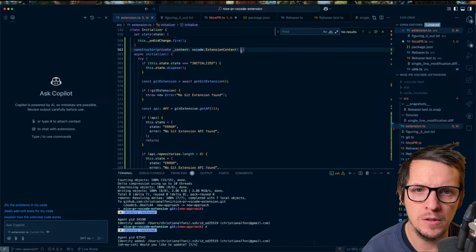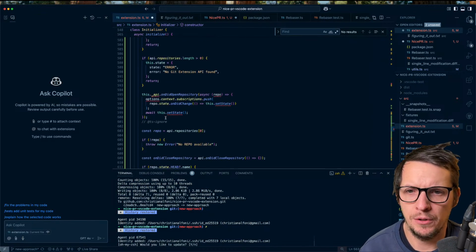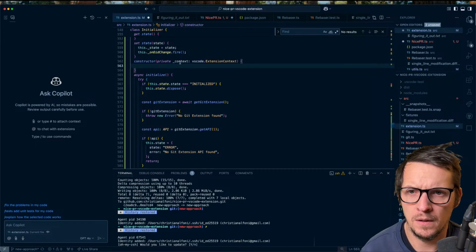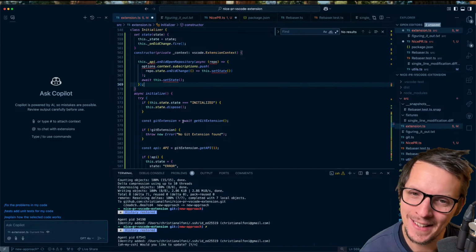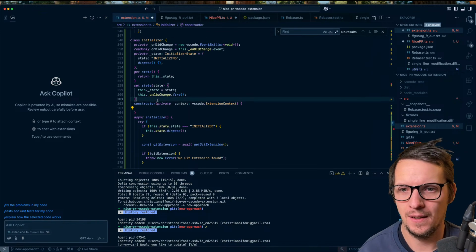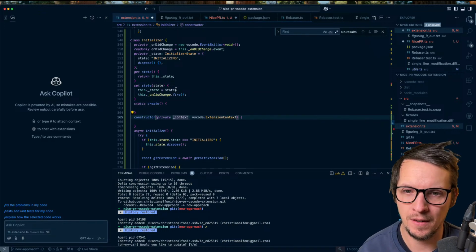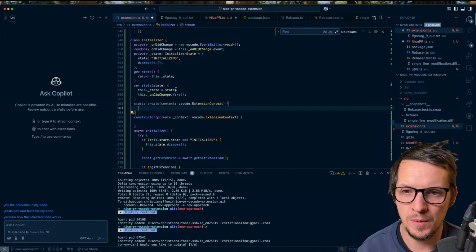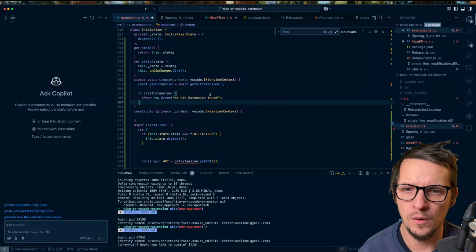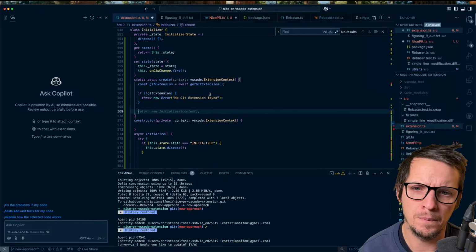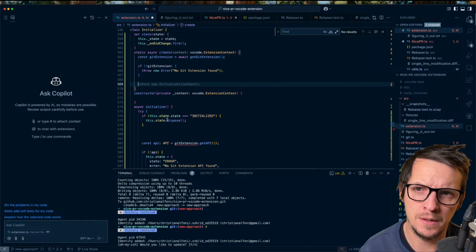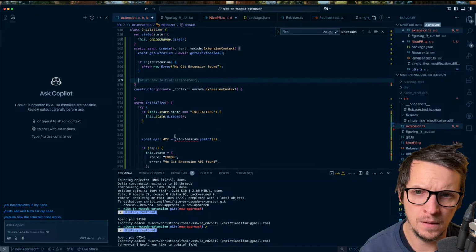Okay, so we need to change this again. So, onDidOpen... God damn it. And this is async. God damn it. So we need a static create for this one, and we're going to give it the context. Because when we create this, if you don't have a Git extension, it doesn't matter. Then we're just going to throw immediately. The whole extension throws. And then what we're going to do is, if everything's fine, we're going to return